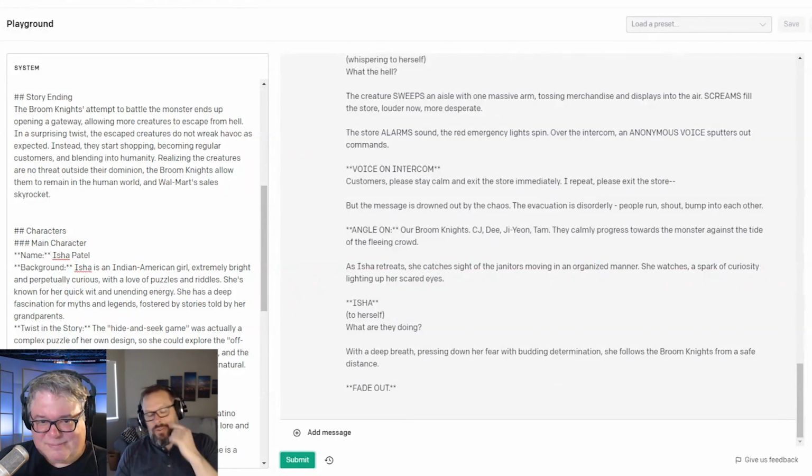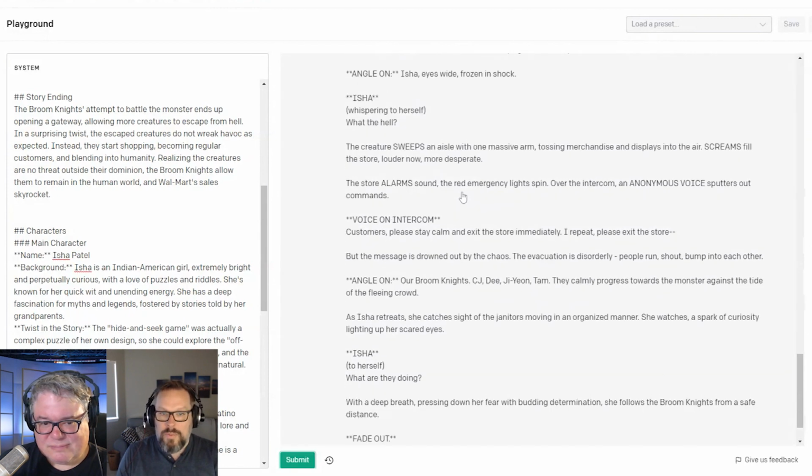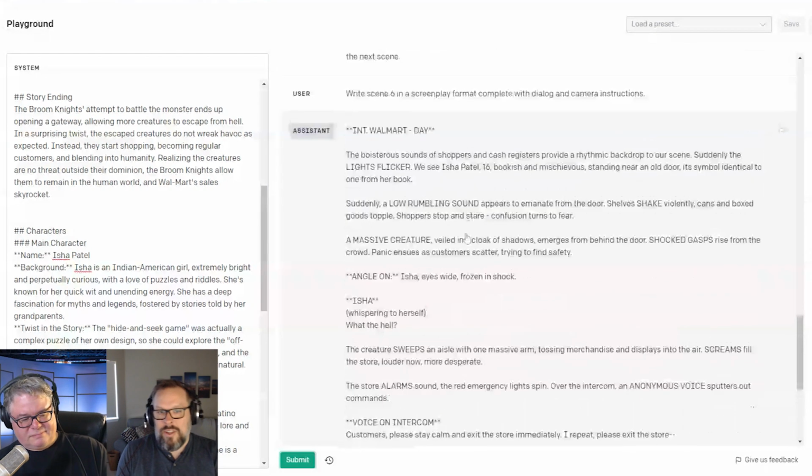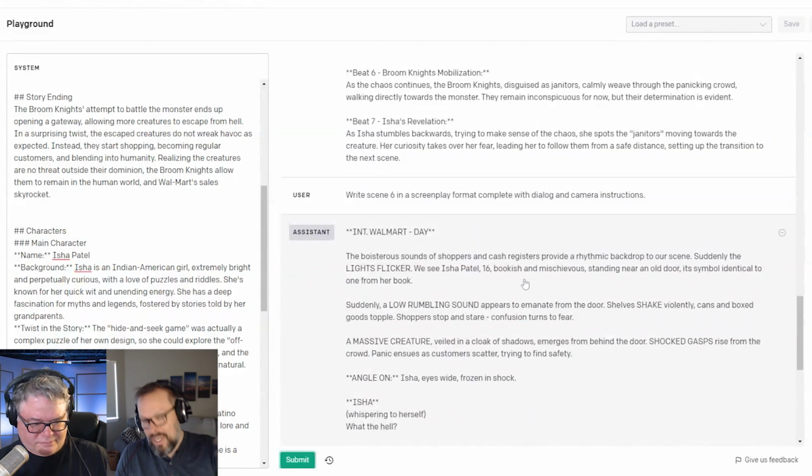So you can see, the limit you run into is you've got 20-ish pages, 25 pages maybe of space here. So you're not going to be able to, without summarizing things a lot, it's difficult to continue. You could do these one at a time. Obviously we have enough room to do one scene. So you could do them one at a time and then paste them together, and you've kind of got a screenplay, but it won't be as cohesive as you might want it to be.